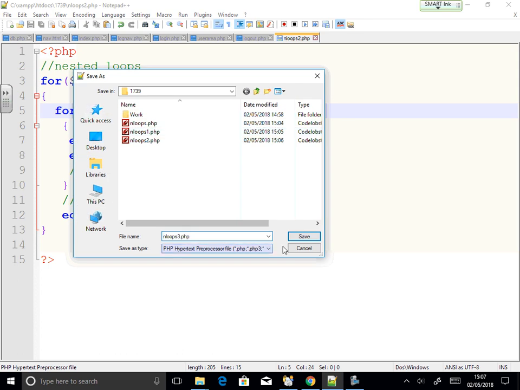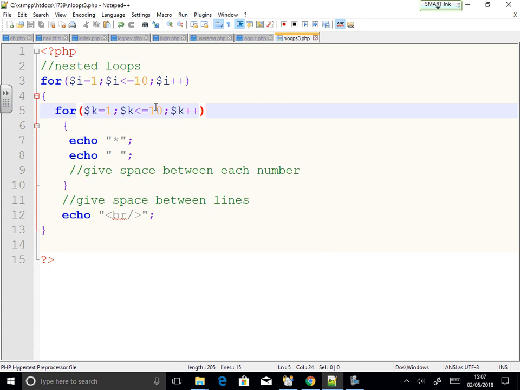3. Now in this case, have you thought what will happen if I change this to something else? I don't have to run it till 10. I can run it till 2. I can run it till 5. Whatever I like. But what will happen if I start with 1 and then